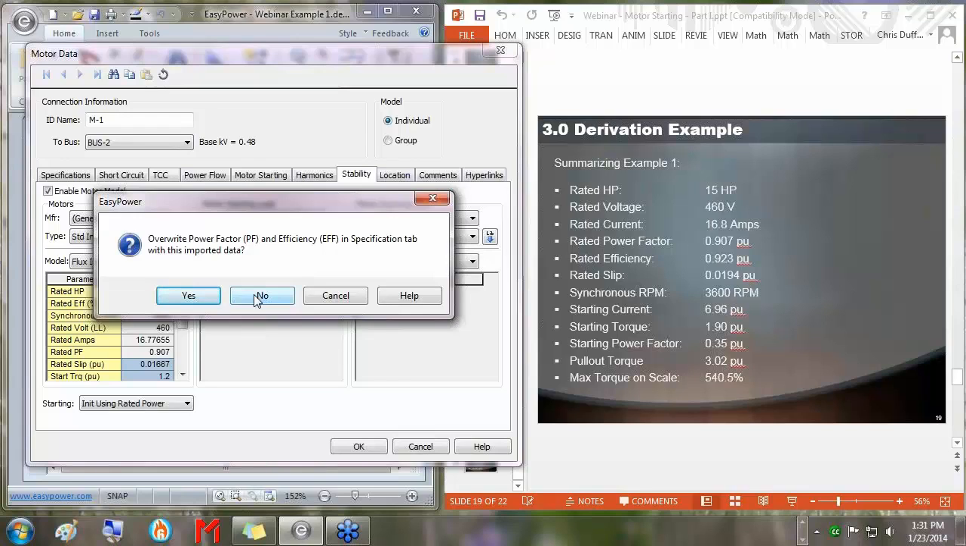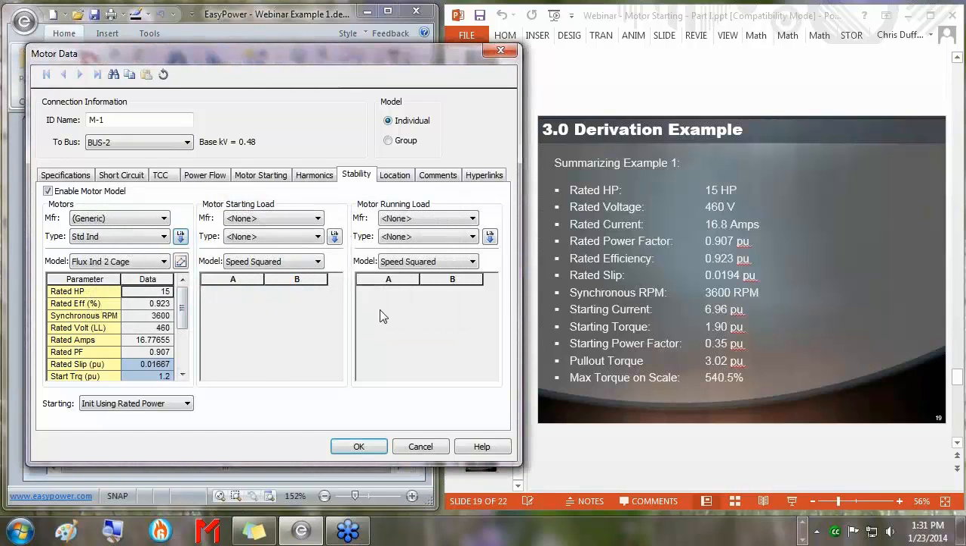And the reason why is we just entered it. We don't want to overwrite it with values from the library. We're just using the library for seed information now. Now we're going to derive our motor, so we're going to say no in this case. These values in gray match the spec tab, so they just are brought right over. The rated slip, if you look over on the right-hand side, is